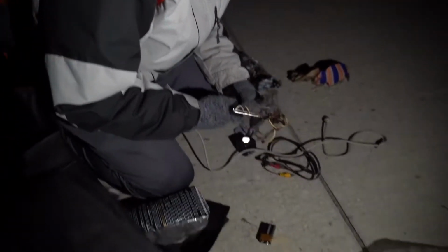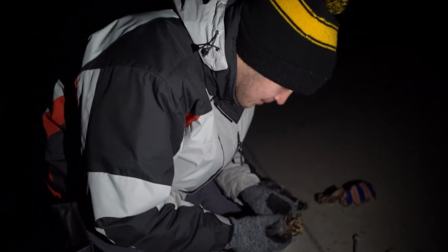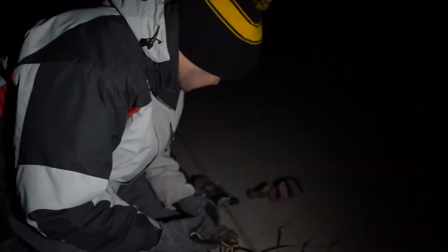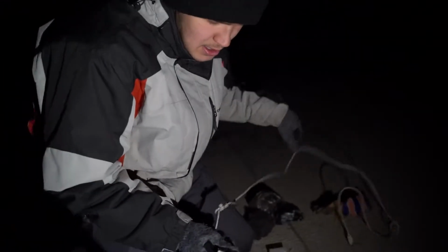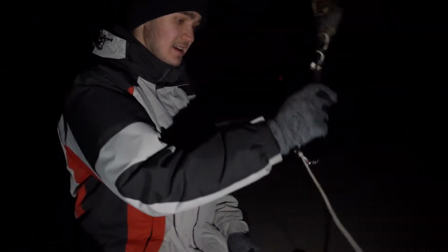Nice! So the battery, instead of using a lighter, you stick the battery against it and it lights it instantly. How does that work? So now we have the steel wool stuffed in there. Now we just got to touch steel or battery to steel wool, and then it'll go swirling, and then it makes the sparks. We want this at like,